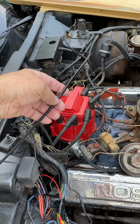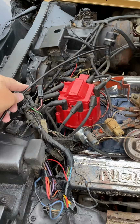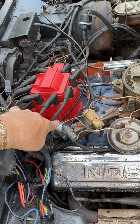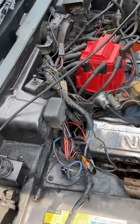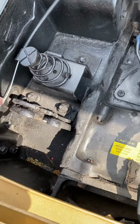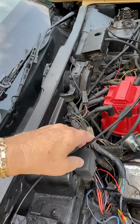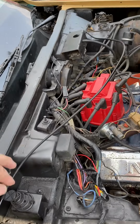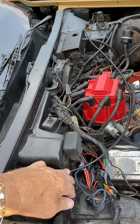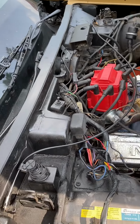It had wires coming out of it, so I put this new cable on there. I don't know why they make them so long. Is it to where you can wrap it around the distributor a couple of times and then secure it that way? If I knew how to actually melt lead and put a new end on there, I'd just cut the cable and make it straight. It's just so ridiculous. Even aftermarket parts are the same as the factory part. I guess it's supposed to hide down in there. I don't know. But anyway,